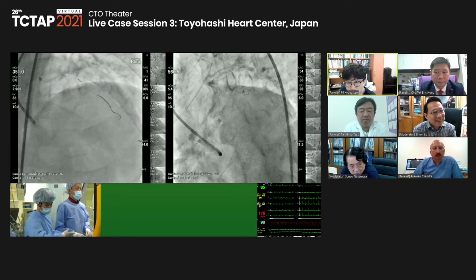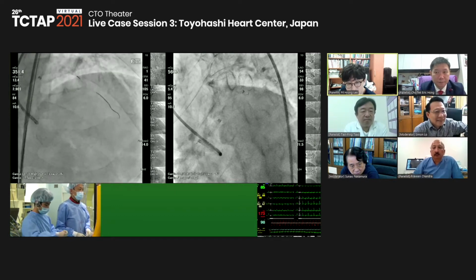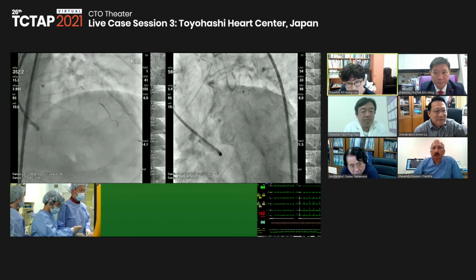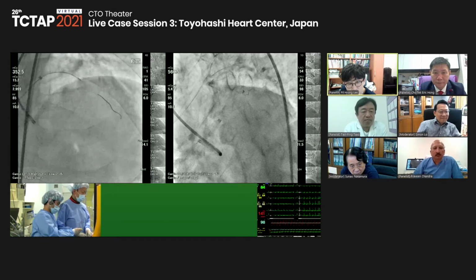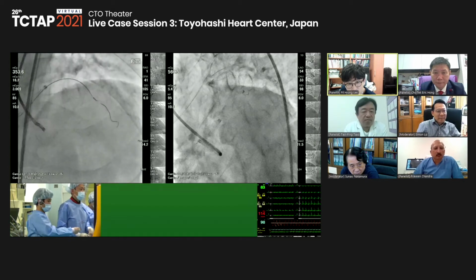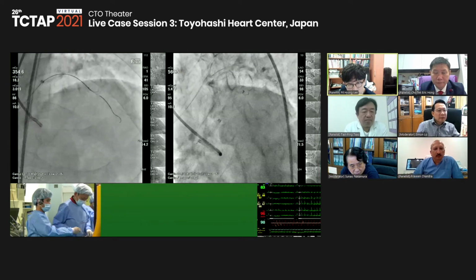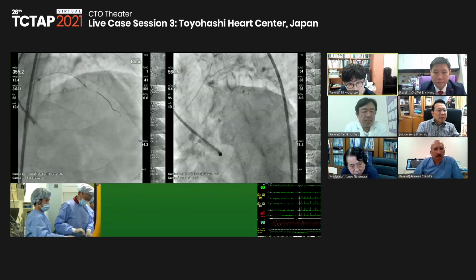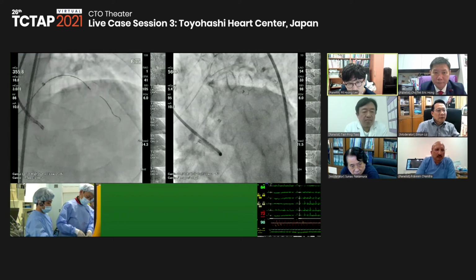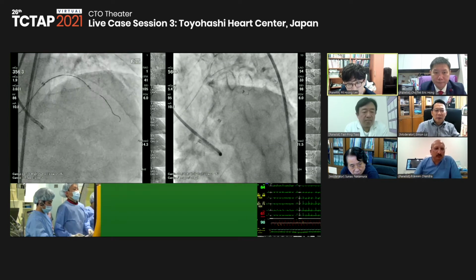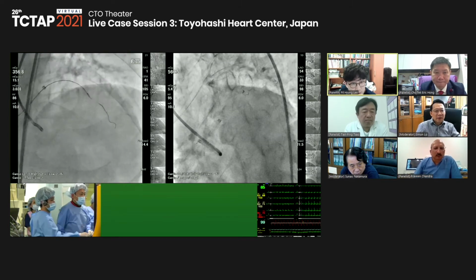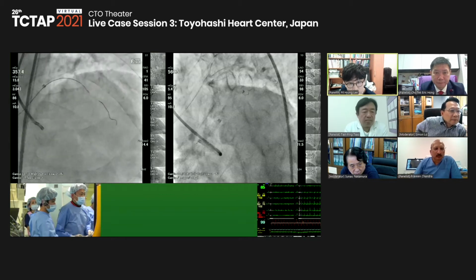But if it was me, we could have a try for some minutes tackling this micro channel, and if it doesn't work, and you have a good interventional retrograde channel, then the retrograde will work quite easily. So that's one option for a quick turnover.